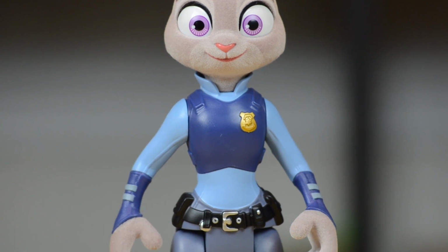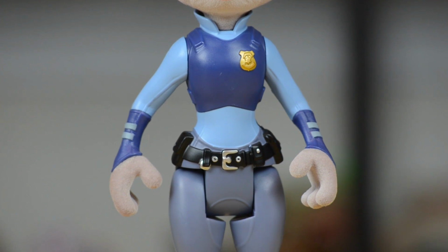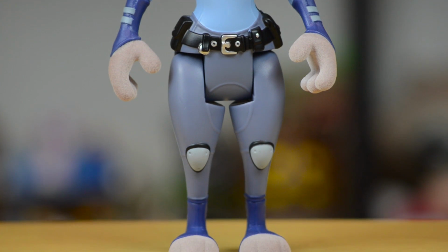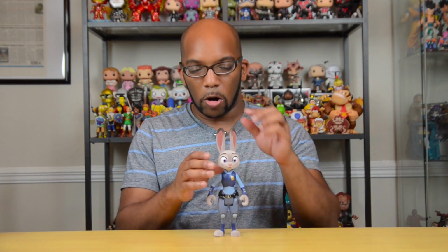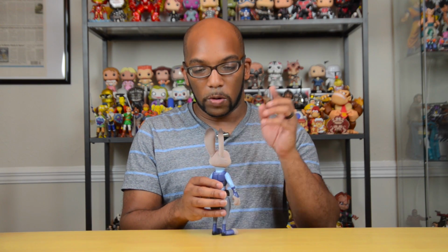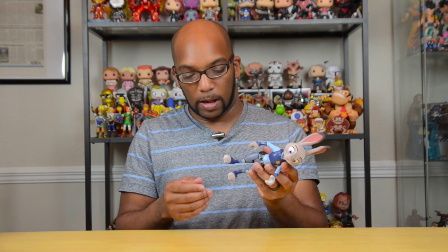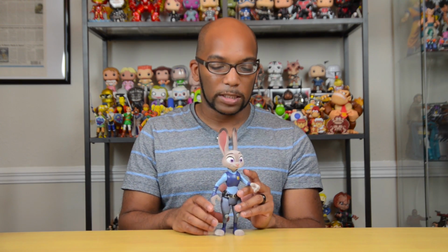Hey, look, if I can move my leg forward, I can... but it's all that you can do with it. I mean, there's some rotation there in the foot, but whatever. But you don't get this thing for the articulation. Her head is flocked, her ears are flocked, her hands are flocked. Her feet are flocked. In case you're wondering what flocked means, it's basically a type of material that's